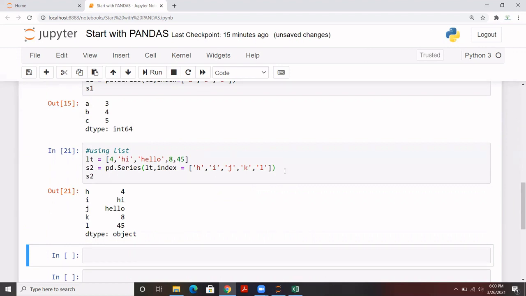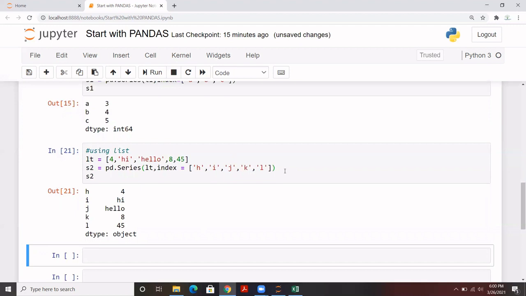And in a similar way you can apply this on a dictionary as well. And you can create series using an array, or for example on the same record you can create series. I'll showcase some more examples of how to create series in a different manner. But here I want to tell you one more thing. While creating the series, we should know how to extract a particular record.